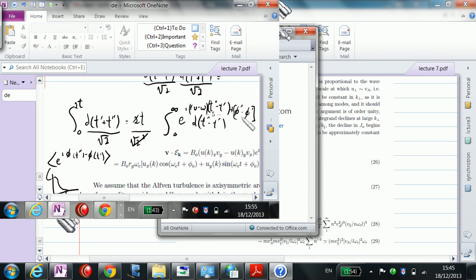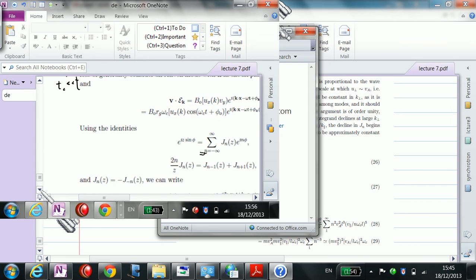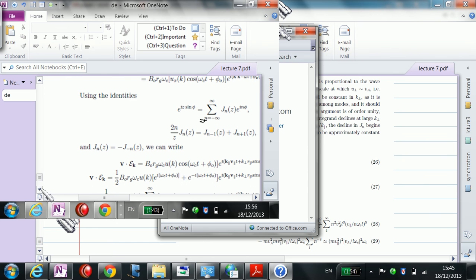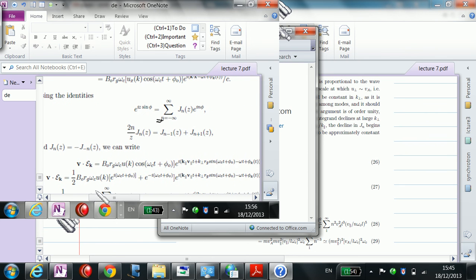But I specifically want to get there. This is like turbulent electric field, right? Yes, yeah. And you are calculating E square after this, right? Okay, now the other thing